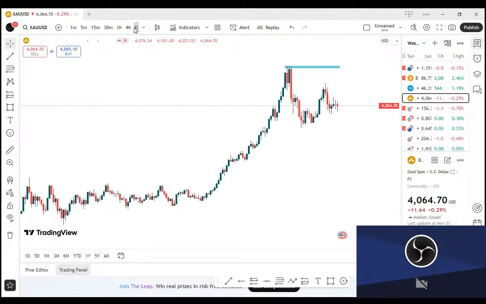So let's see if gold is still maintaining that high structure or not, because what I'm seeing on gold, gold is likely giving us